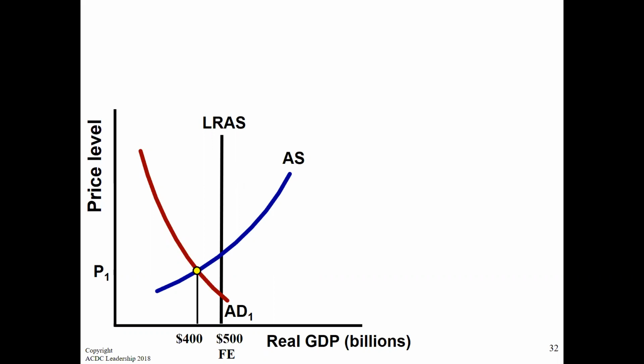Now, Andrew, if they decrease government spending, where's AD going to go? Do we want it left? So you want to do what? Increase government spending or decrease taxes. Decrease taxes. So fiscal policy is only two things. And by the way, there's 8 questions on it. It's decrease taxes or increase government spending. It's taxes and government spending.